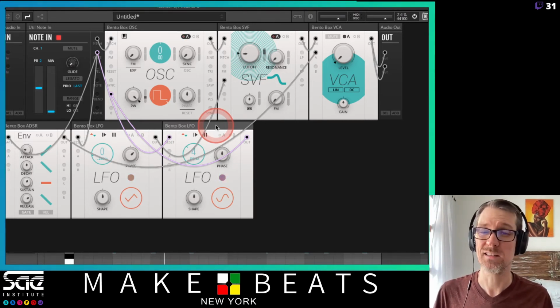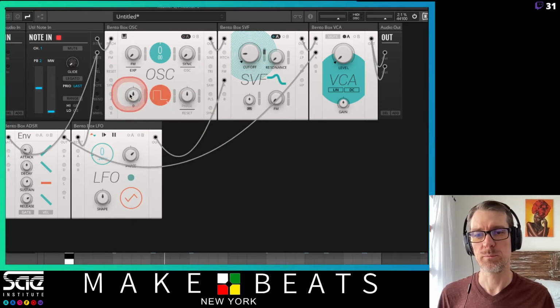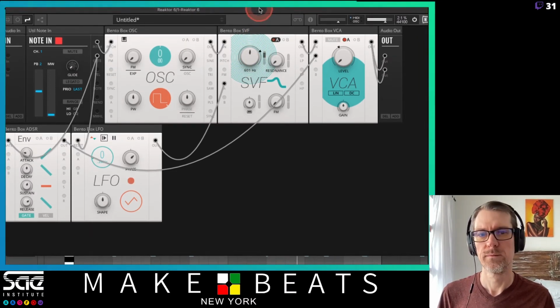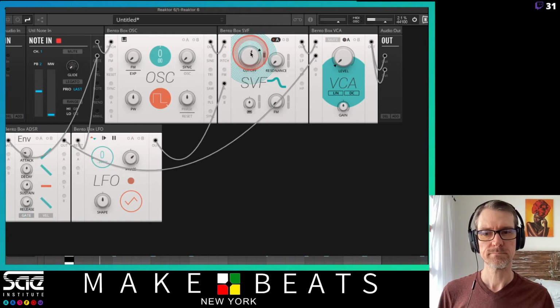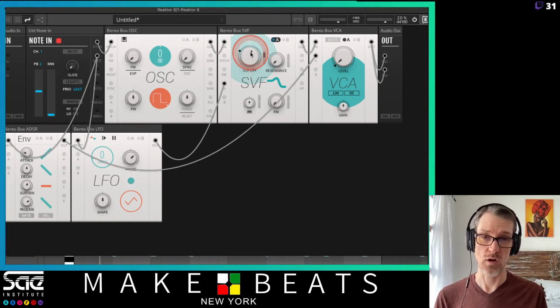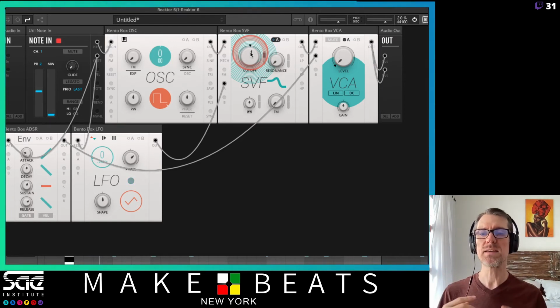So I'm going to go ahead and just delete this one because I didn't like what that one was doing at all, and put this back. I'm going to put this back to 0. I'm going to put this pulse width back here. There we go. So this is the basic parts of a synthesizer. We've got the oscillator, we've got the filter, we've got the amplifier, we've got our envelope, and we've got our LFO. All right, so now that we've talked about the basics of this, let's start making it a little bit